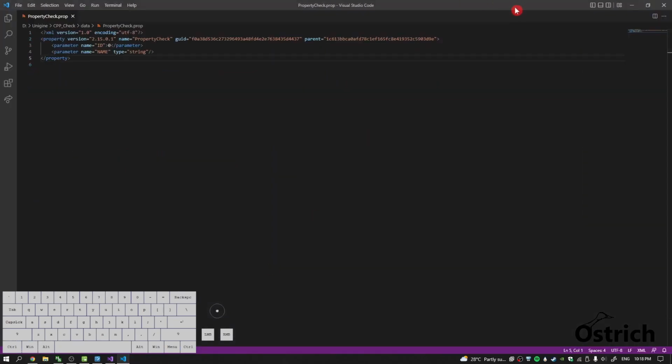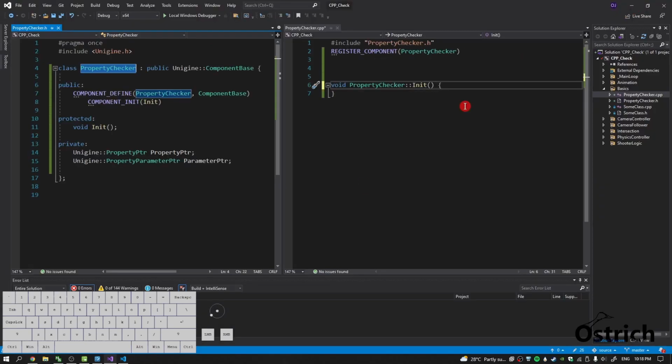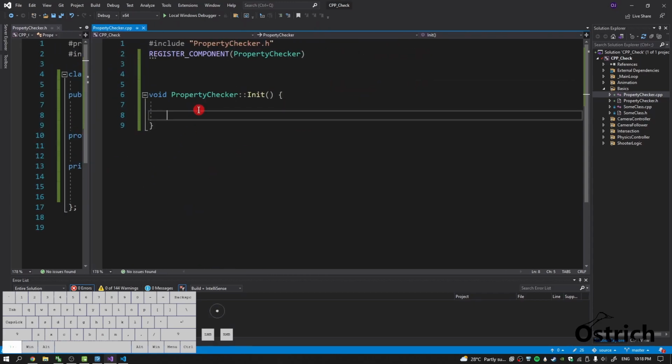So how do we go into getting these properties? It's actually very simple. I'm just going to keep this muted, and over here we're going to write the part. So how to